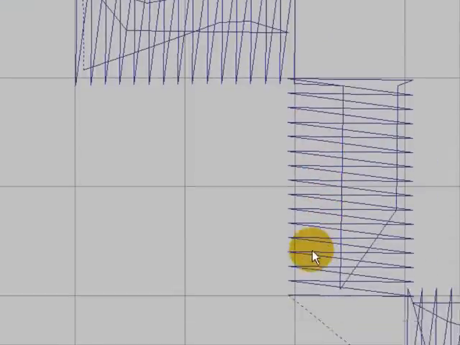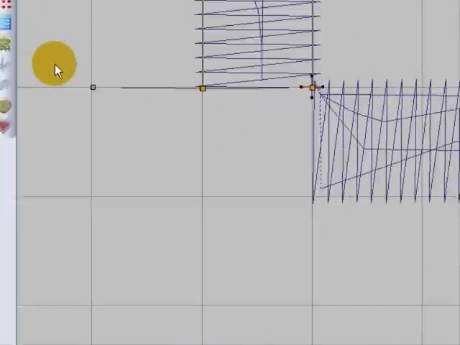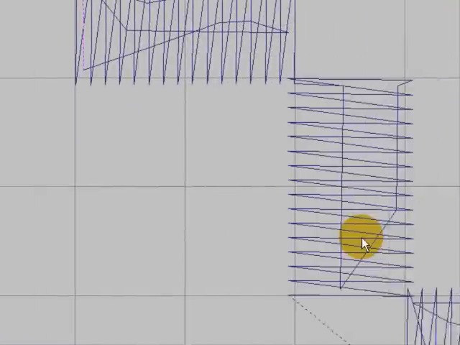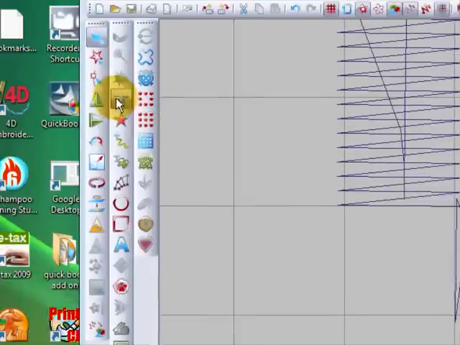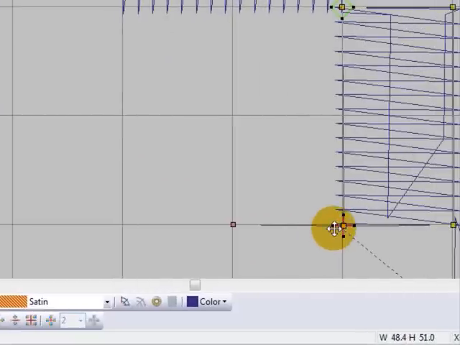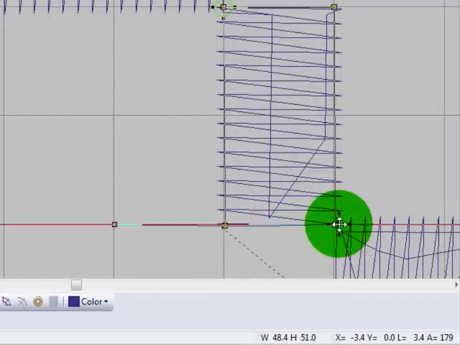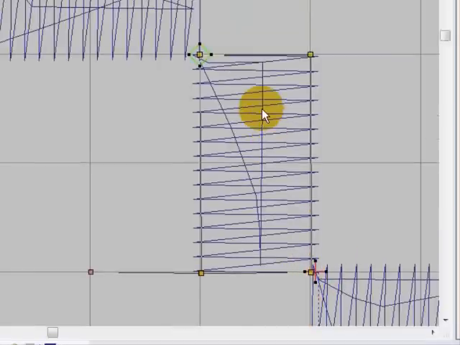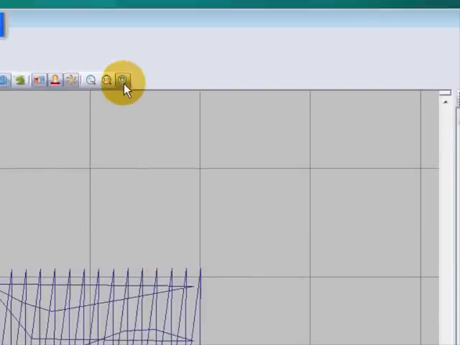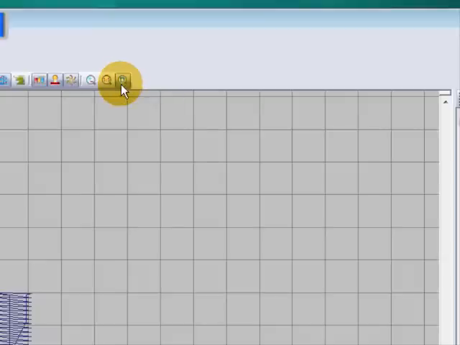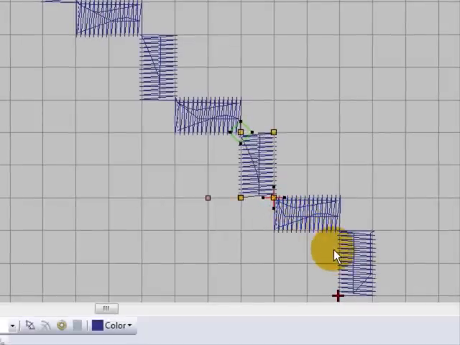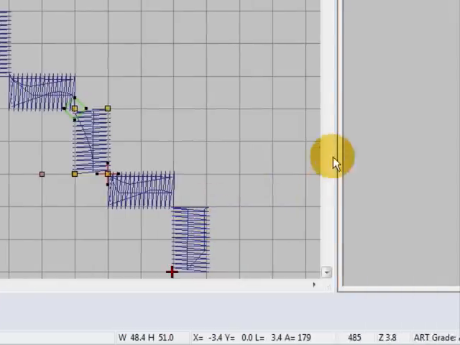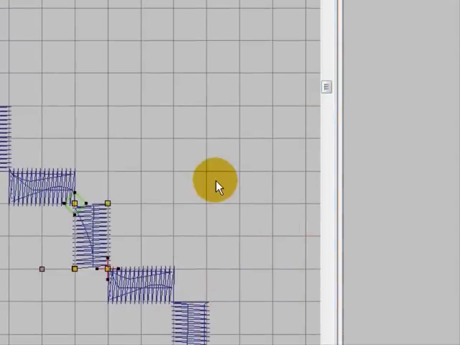Coming down to this one, we're going to check our select, back to our reshape tool and move our cross across and press enter. And that jump stitch is gone. I'll zoom out to show all again now that you've seen that and quickly do the rest. And we're right for the rest. So now we've got one block,